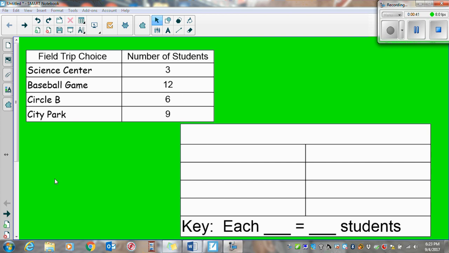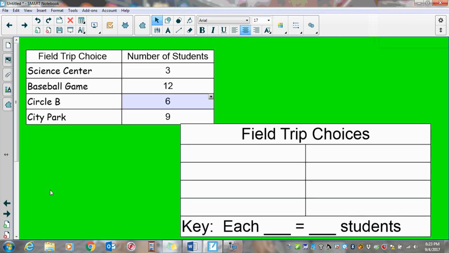So the first thing that I need to do is transfer the title. And the title of our pictograph is going to be Field Trip Choices, since that was the title of our data table. So for field trip choices, the students were picking between the Science Center, the baseball game, the Circle B, and the City Park. And I'm going to label those choices down the side to represent the sections